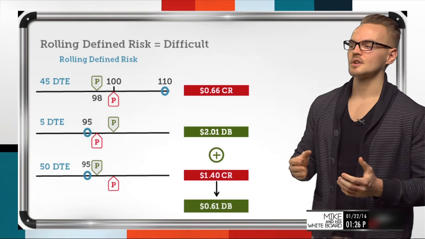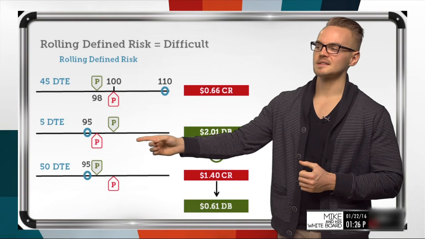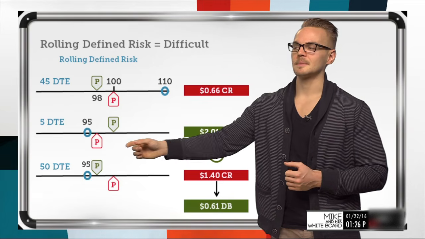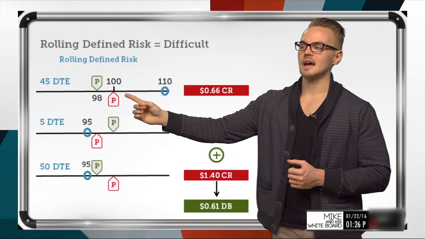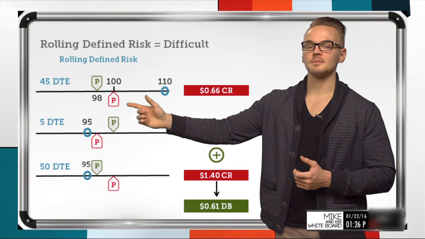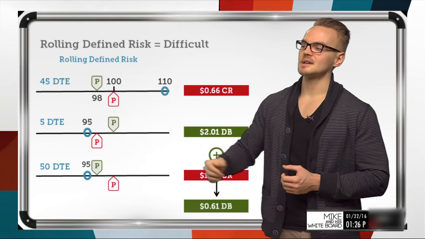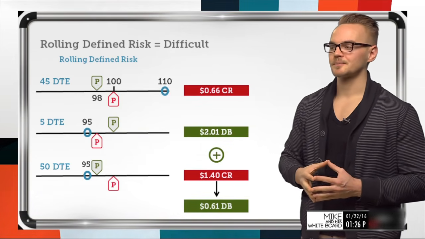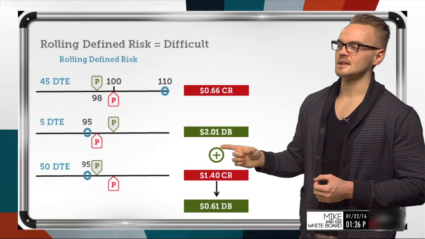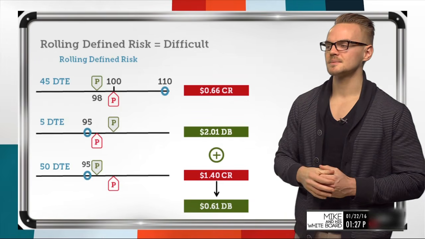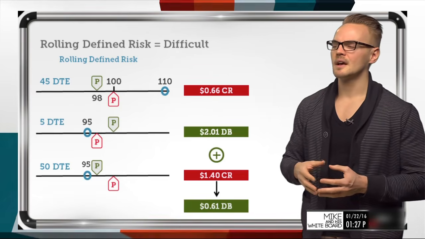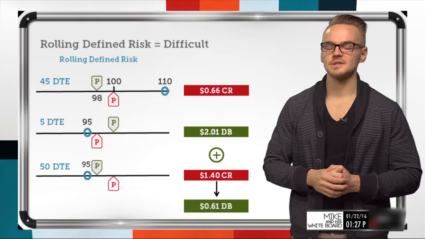So if I'm going to close the trade and the stock price is at 95, these two options are now completely in the money. Up here we were looking at selling the options and the spread when they were out of the money, but now since the stock price is below my options, these puts have intrinsic value, and I've got the debit here of 201, because normally when we're closing trades that are not right at expiration, there's still going to be some extrinsic value there.